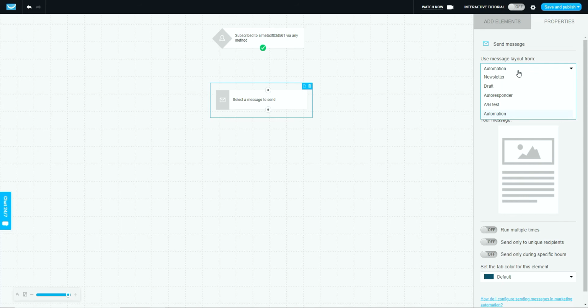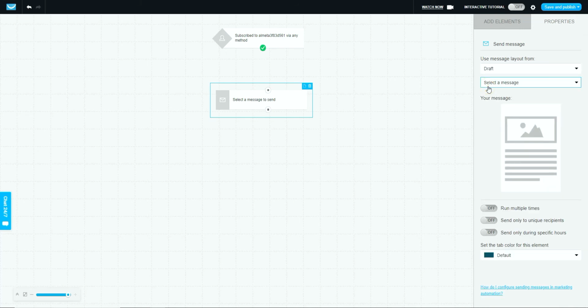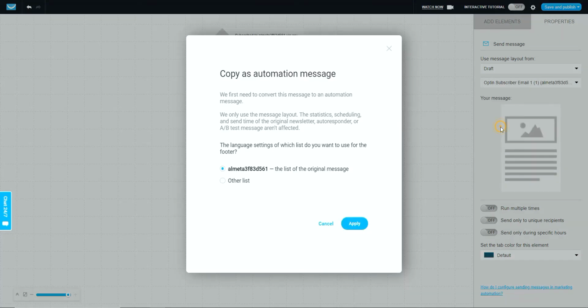Now we've created our emails in draft, so we need to click draft here, and once you've done that, we need to decide on which email we want to send. Now this is the reason we numbered our emails, and we also put resend against the second email. So we want to go 1-1. This is the first email that they'll receive when they come into our list, and you can see here it says copy as automation. So it's going to take our draft emails, but we'll still have a draft copy if we want to amend that,